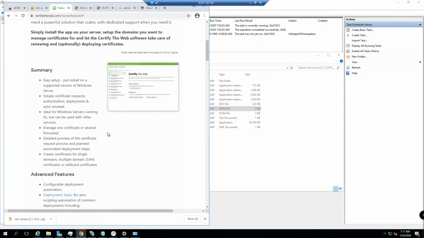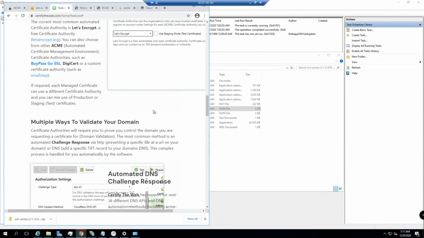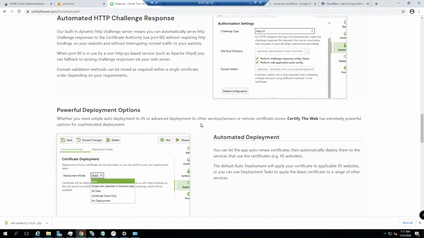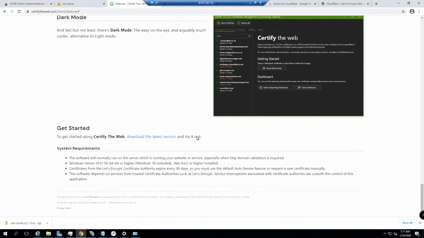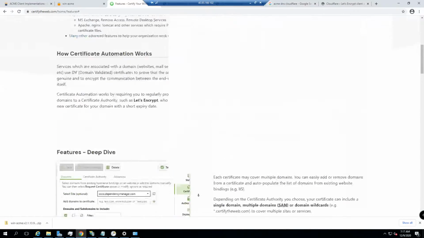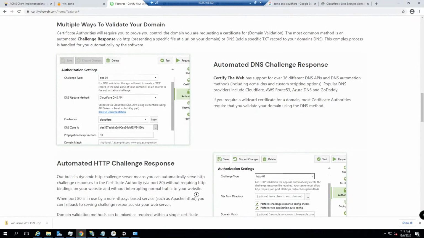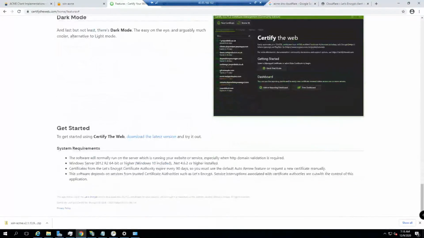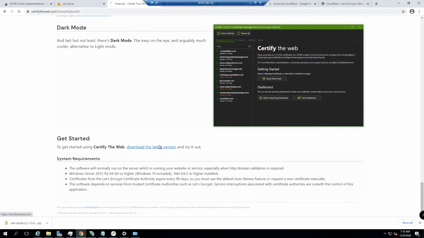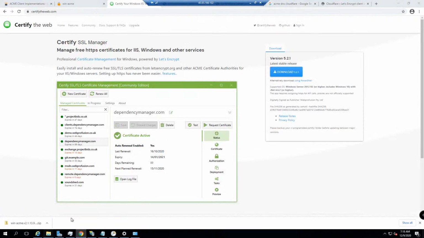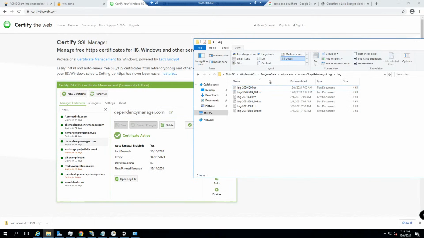Download. Where's the download thing for it? Oh, there it is. See down the bottom? If you move too fast, you miss out. Download the latest version. And in here, let's delete